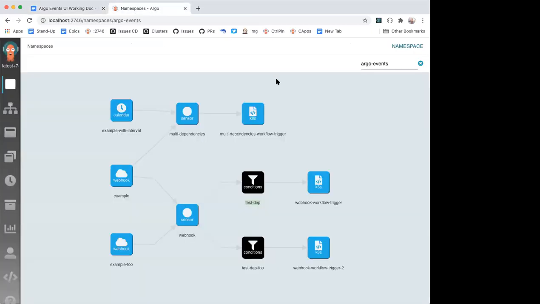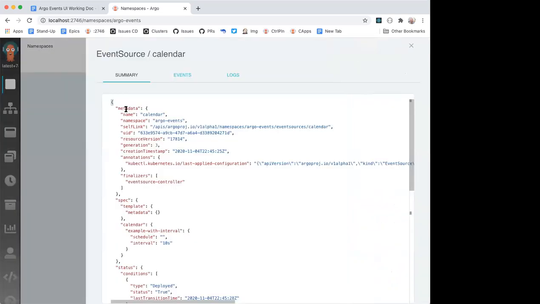Okay, so that's that. A couple of details in this. Do we need to display some additional information about the event sources? I think if we click on that particular calendar event source, we will have something like a side panel that opens up and provides you more. Okay, there you go, perfect. So I think this is perfectly fine. If there is anything we want to add on top of these three tabs, we should be able to do it in this view.